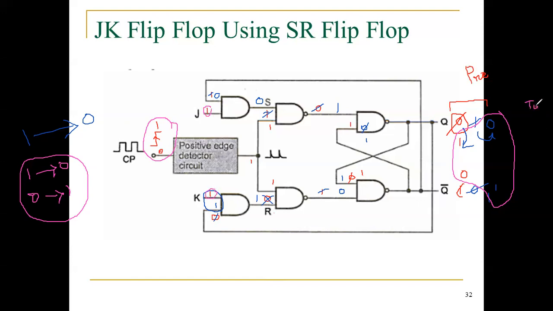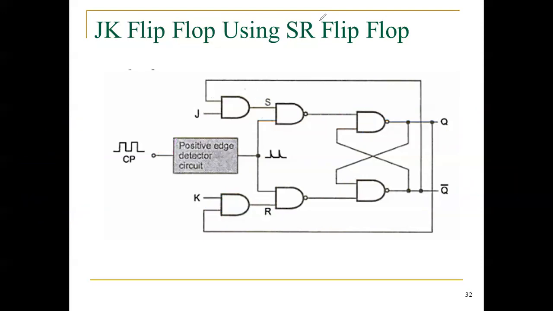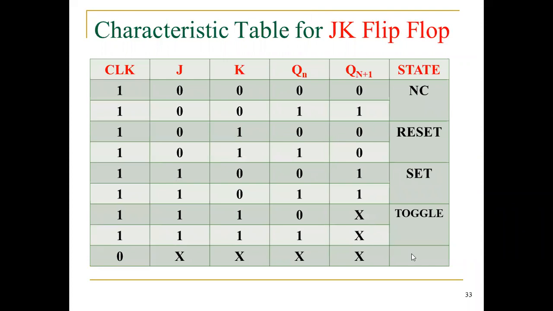Output will be toggling. So this is the important thing you have to listen to. As I mentioned earlier, in this we are discussing an important concept. That concept is toggling. So in JK flip-flop, there is a possibility of getting the toggle output. That means changes in output. That is called racing condition. So it changes the output.